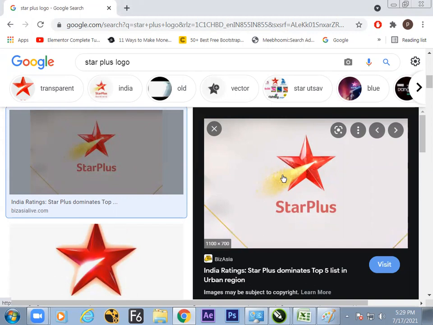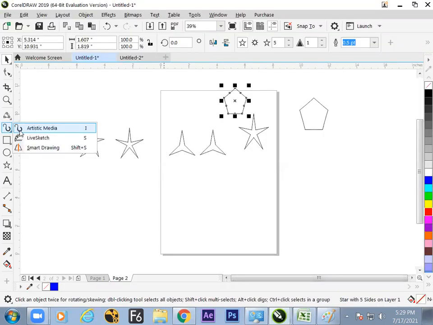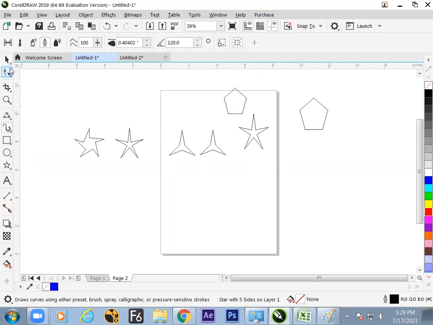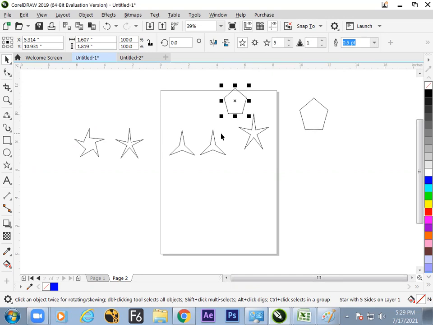But here, if you need to create it, yes, we'll be coming to the next operation. Here, some tools are there. This artistic media tool could help us. But the base part is done with cutting in this way. Base part is done, then glow and all things are done in the next software. And particles are done in the other software or in the other tools here.